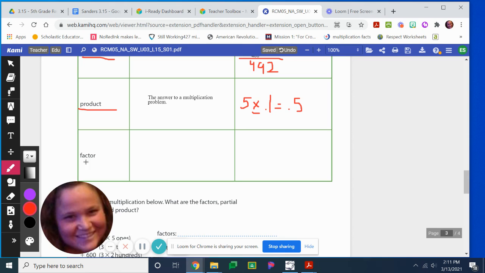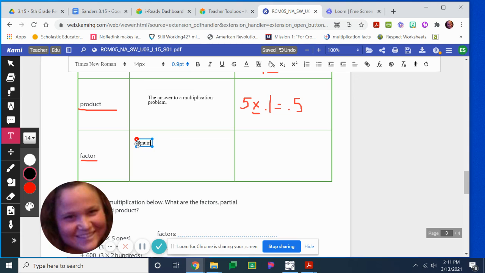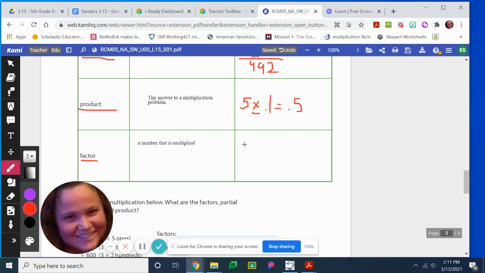Now a factor is just a number that is multiplied. So what that means is that if I were to have 7 times 0.01, this is a factor and this is a factor. And this up here is my product, and these are factors. So product, factors. This would give me, because this is hundredths place, and I'm multiplying it by 7, it would